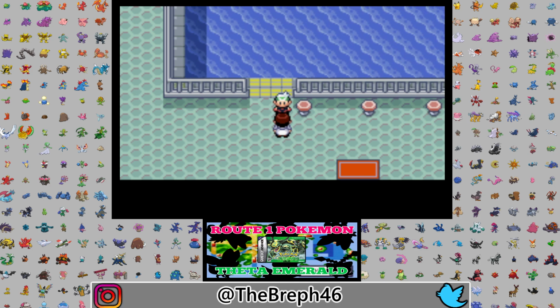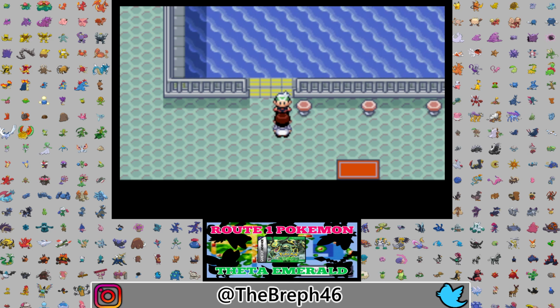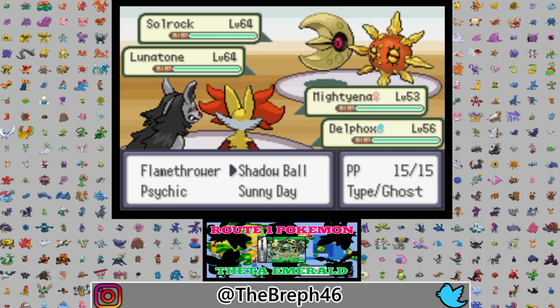Yep, that thing's dead. Where were we? Oh yeah, we were heading off to Lily Cove to do some stuff in the Aqua Hideout, and then making our way over to Moss Deep, where I begin to cry internally. And it wasn't just internally, as I realised just how much of a pain Tate and Liza's gym actually is